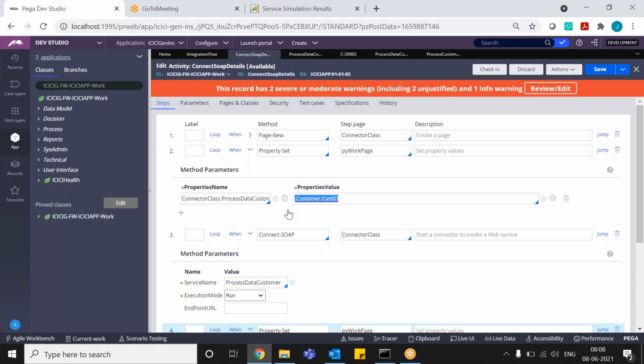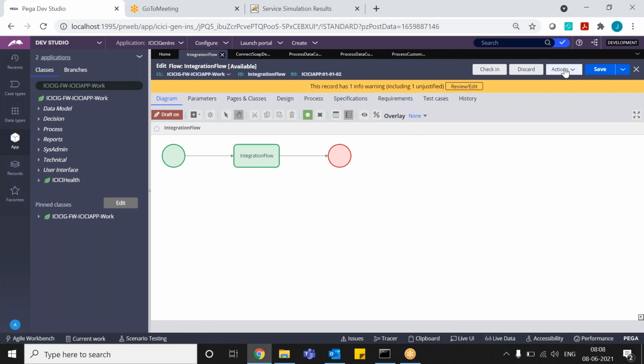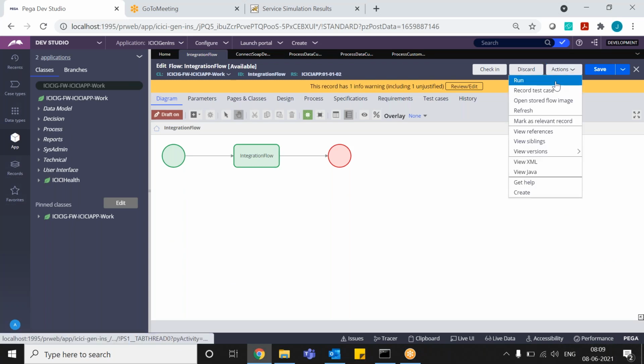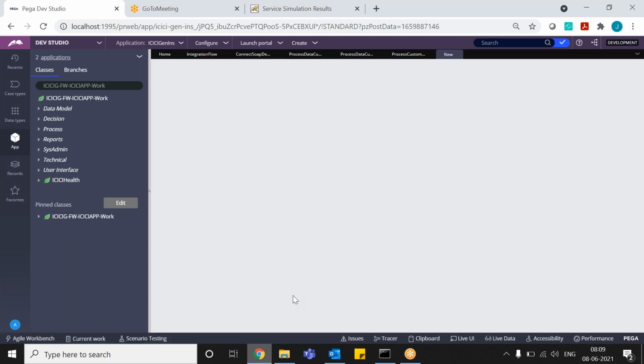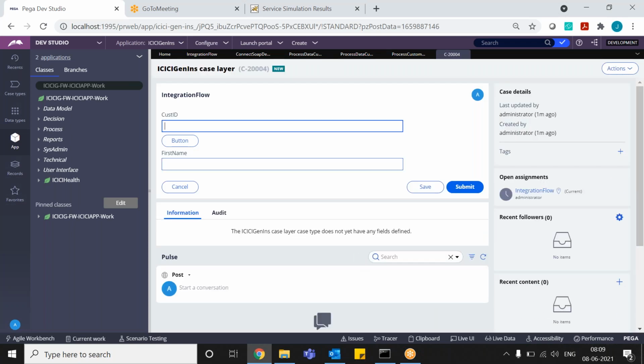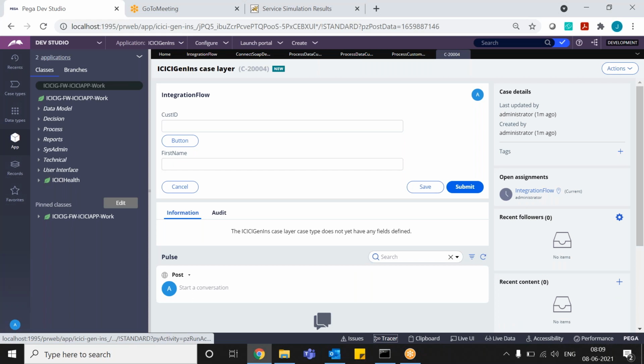Cust ID we have to pass, I guess. Hard coded. You have run the value now. Why have you run the value, right? You have run the flow, right? You have given the value over there. No, let me run the flow. How come to run the activity or else the flow? I run the activity, sir, not the flow. Okay.